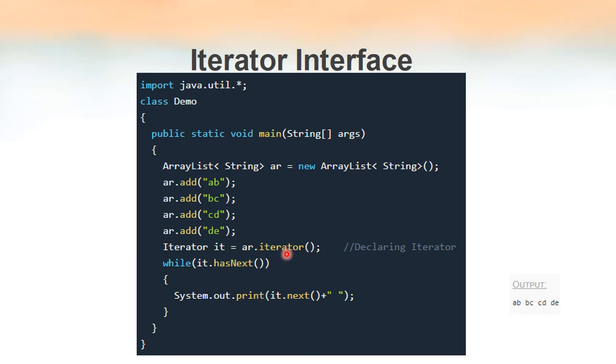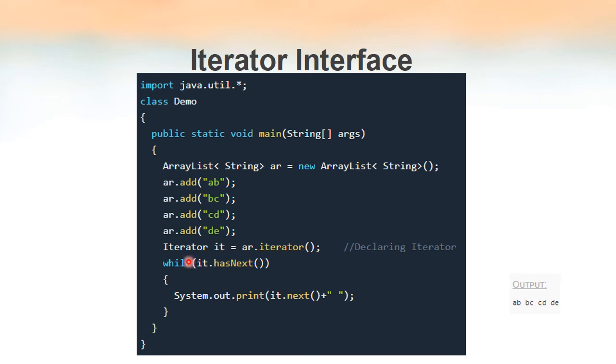Like we know that we need an integer variable to hold an integer value, similarly, in order to hold an iterator object, we need an iterator variable itself. That is why we are writing Iterator it. It is just a variable name, equal to ar.iterator. So this method is returning an iterator object, and when this line is executed, that object returned by iterator will be stored inside it. So now it is our iterator object.